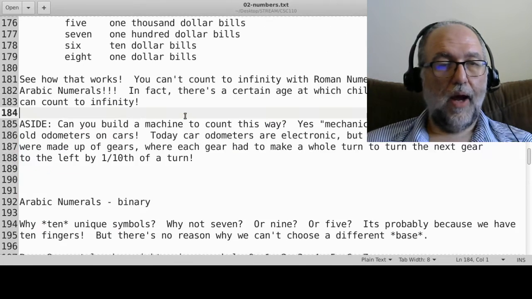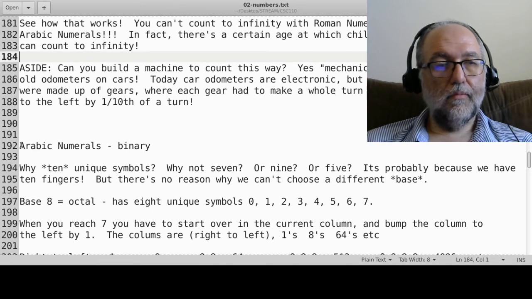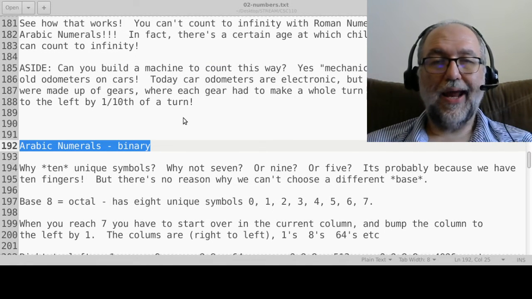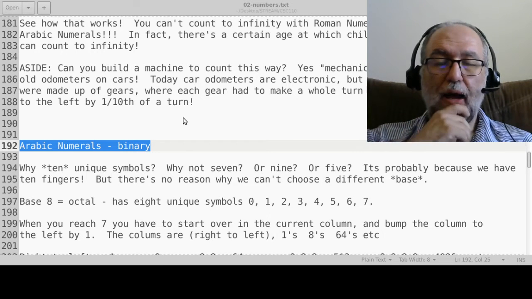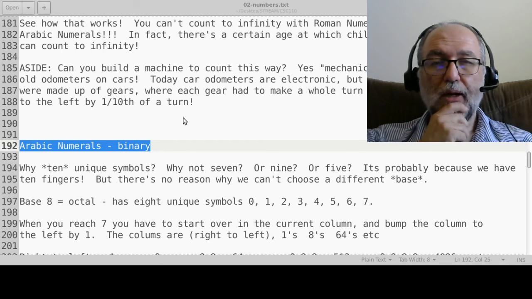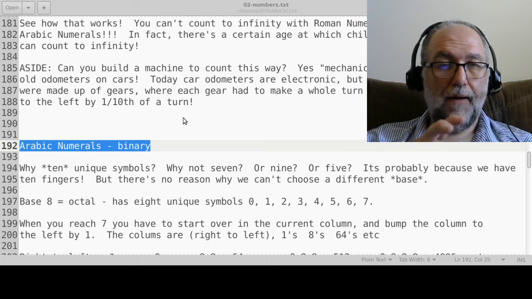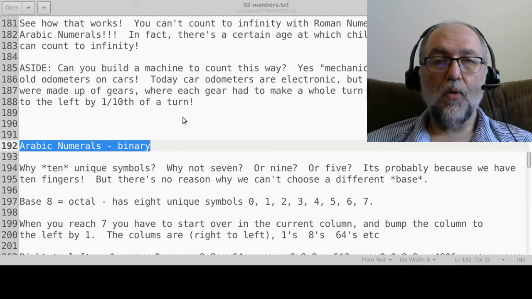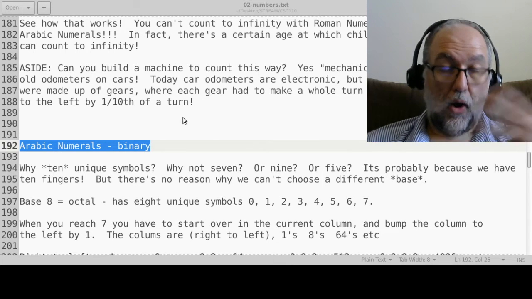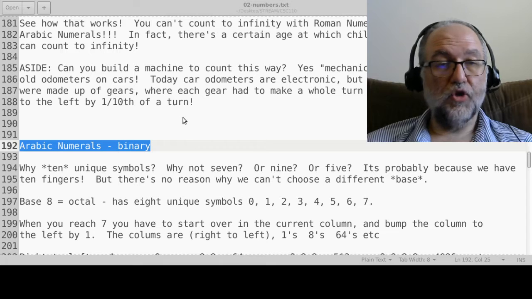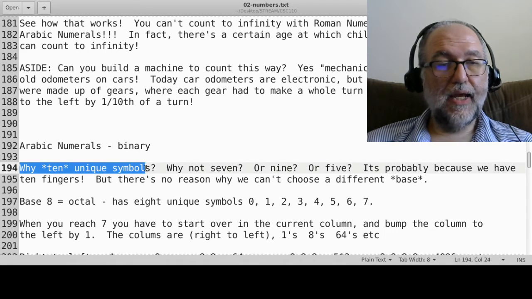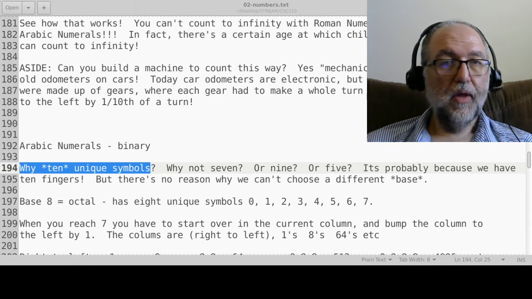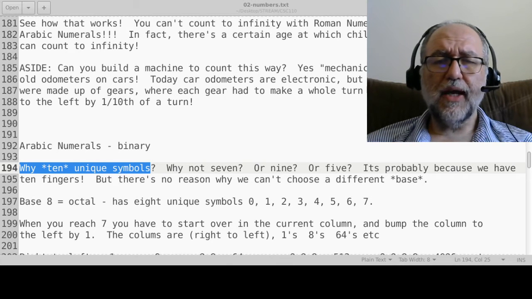Okay, so now what? Well, I had this word Arabic numerals, and the Arabic part depends on what you mean by that. Is it the actual symbols themselves, 0 through 9, or is it just the system? When I said Arabic numerals, I was actually talking about the system of numerals. Now how did they work when they first entered European culture? They had 10 unique symbols. Now you might say to yourself,